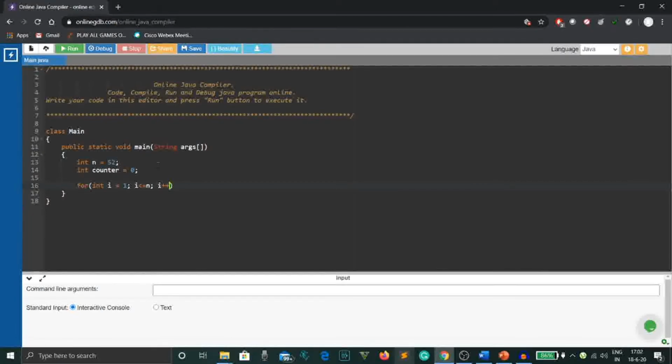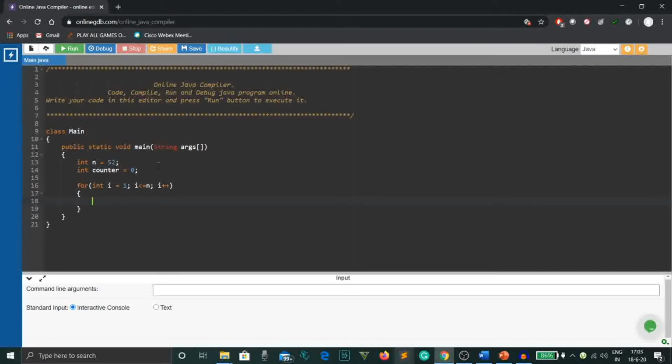Now i++ is the post expression. What this means is by what number the initialization variable, which is i in this case, will increase or decrease. In this case we need to increase the variable by 1 after every loop. So we'll just give the double plus operator. Now this is the basic syntax of the for loop. Then again we'll open our scope.